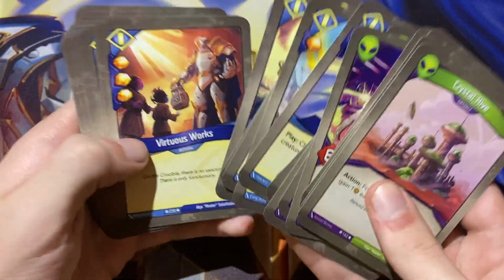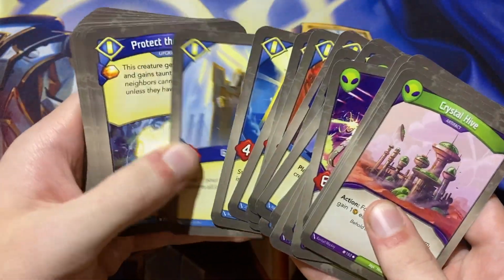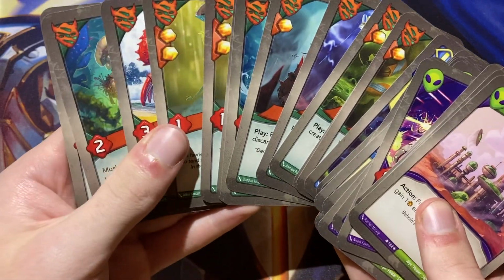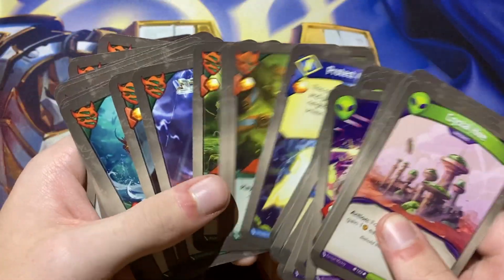Sanctum looks like it's pretty fun. I do like the Virtuous Works. That's always a lot of fun to have in the deck. The Gatekeeper for some scaling Ember control. Fog Bank to keep the opponent from fighting. Key Charge with a Double Dust Pixie. That's always really nice. Unfortunately, I didn't see a Full Moon or a Hunting Witch in here, so...